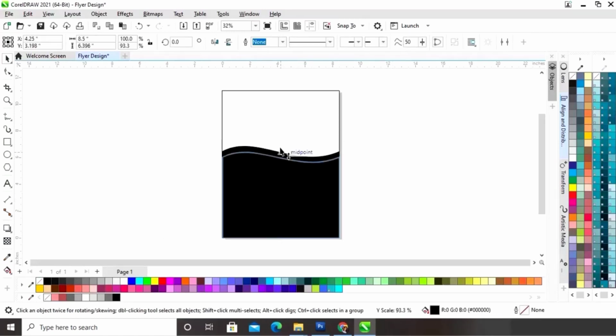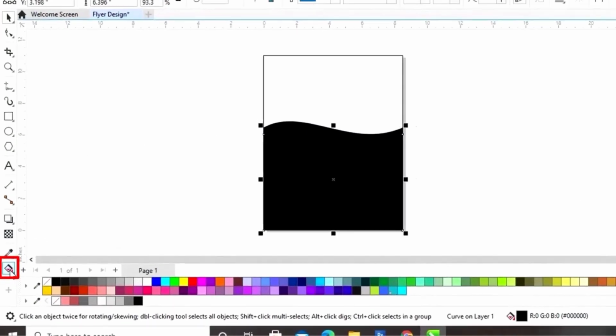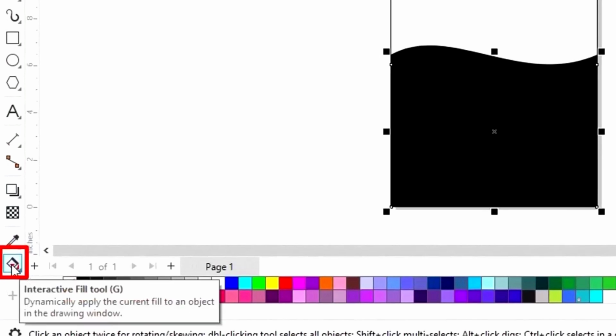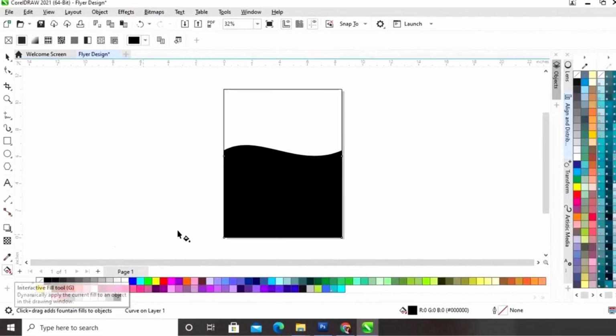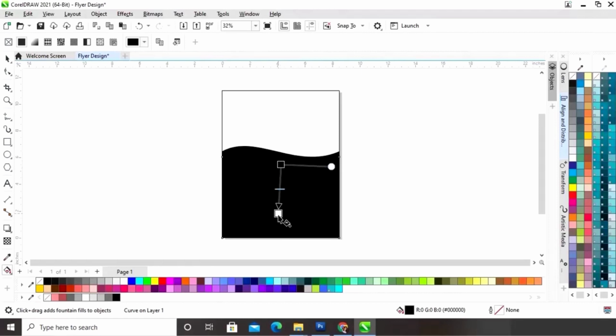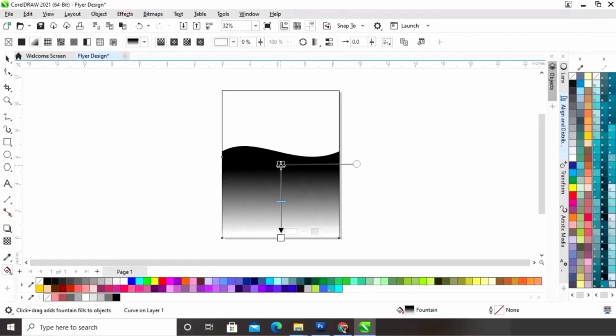Now again we will make one more copy of this shape. Drag and right click. Then we will select the interactive fill tool from the toolbar and we will apply on this shape. Now we will set the colors.